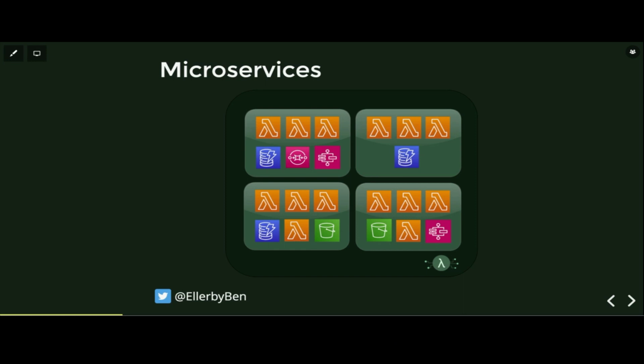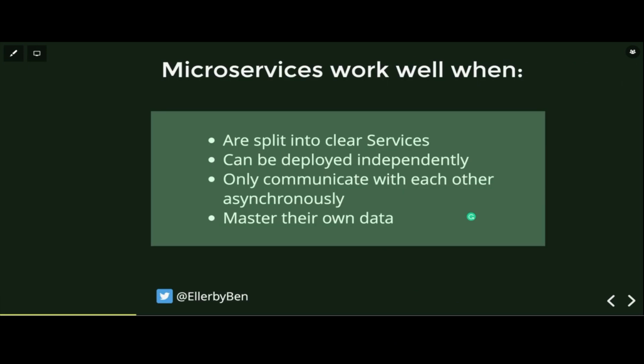Just one point, and it's something that I think gets confused, is that a Lambda function is not a microservice. A Lambda function or several Lambda functions and a DynamoDB database could make a microservice. Lambda functions with S3 and SQS with Step Functions, that could be another logical microservice. But not every Lambda function is a microservice. There are still groupings of Lambda functions and groupings with other AWS services, which help you build this concept of a microservice. And this is something we'll jump into how to build later on in this talk.